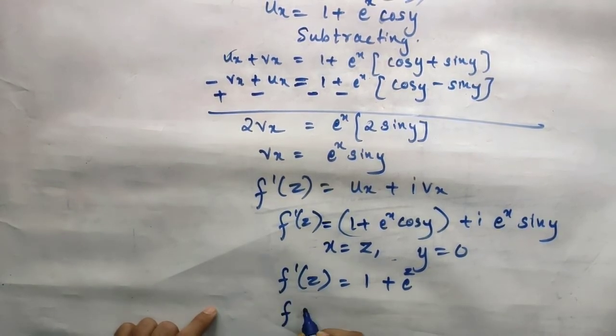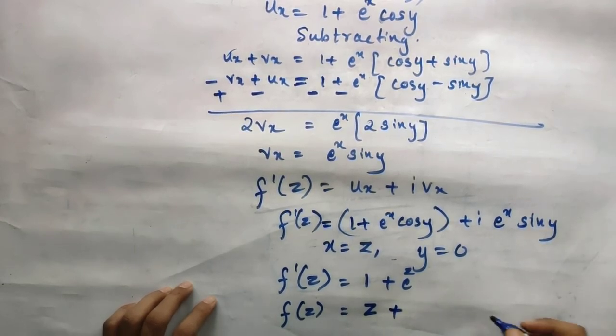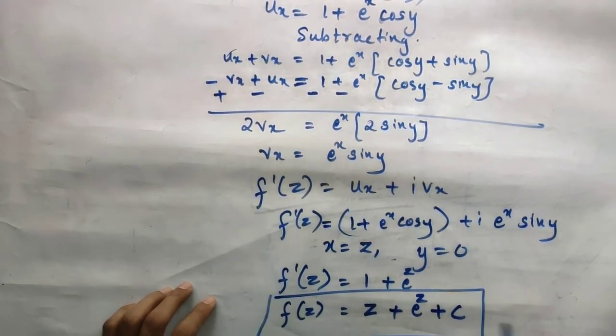I want f of z from here. You have to simply integrate this. What's the integration of 1 with respect to z? It will be z. Plus, what's the integration of e to power z with respect to z? It will be e to the power z plus some arbitrary constant c. This is the required analytic function for